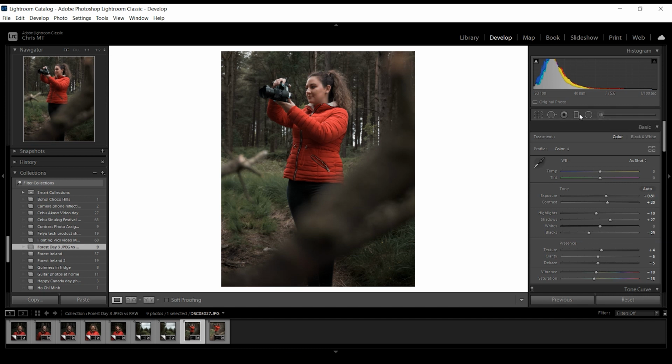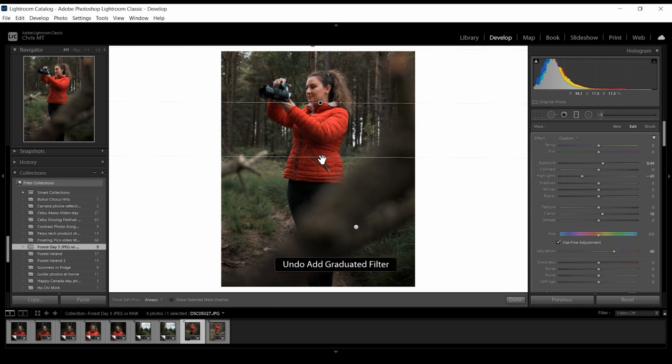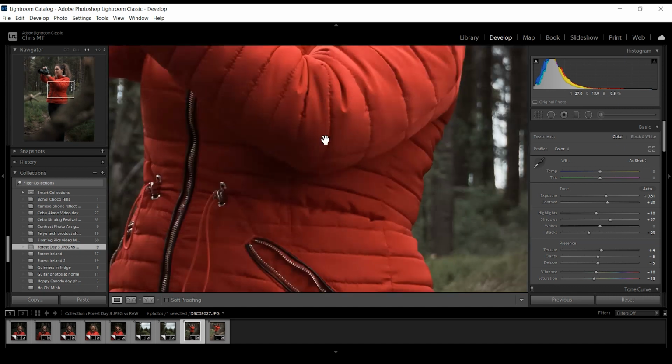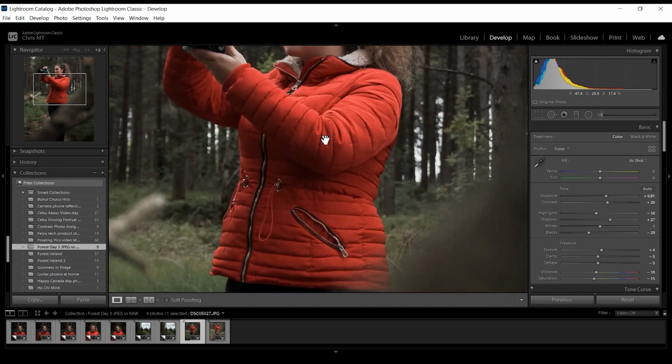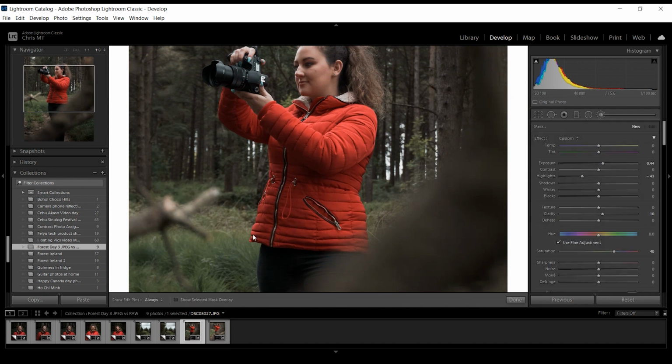brush, but you could also use it with the graduated filter, for example on skies and stuff, dragging down and changing the hue of the sky a little bit to possibly teal or whatever it is that you like the look of. One other thing that I probably will use it on is changing the color of, for example, Christina's jacket in this picture. I actually quite like the color of it, but if it was something slightly different that I didn't like, what I could do is draw over the entire jacket, which I will do right now, and